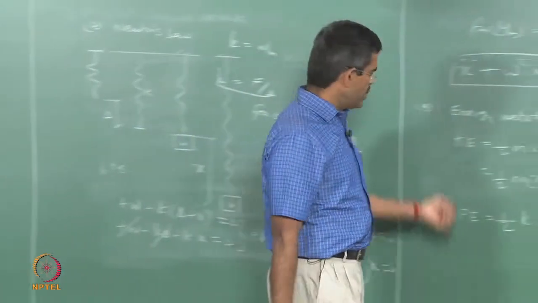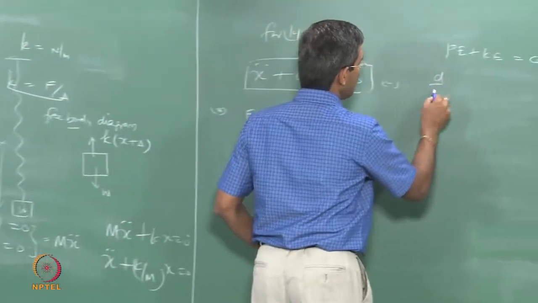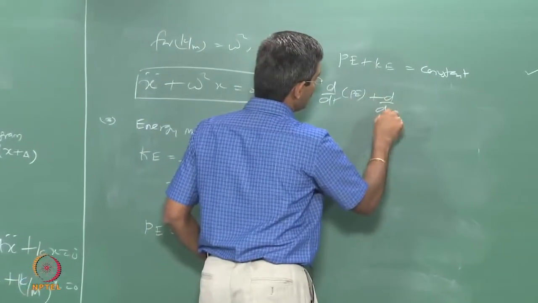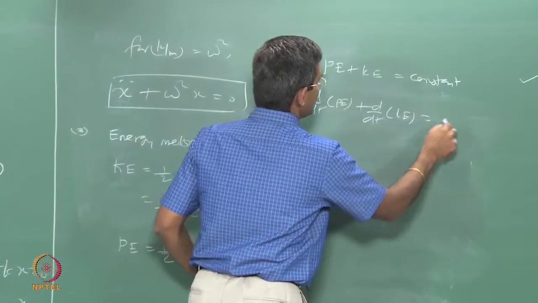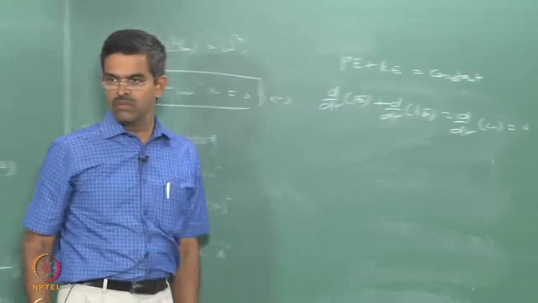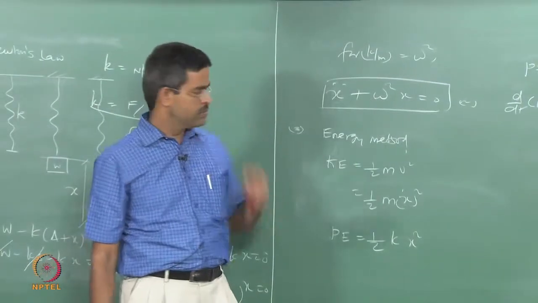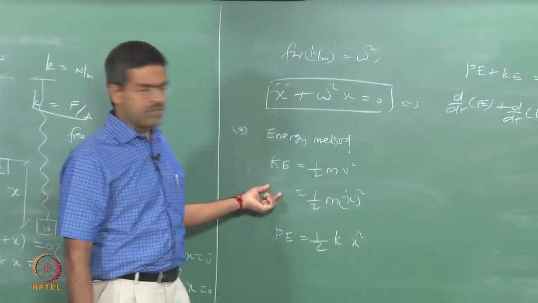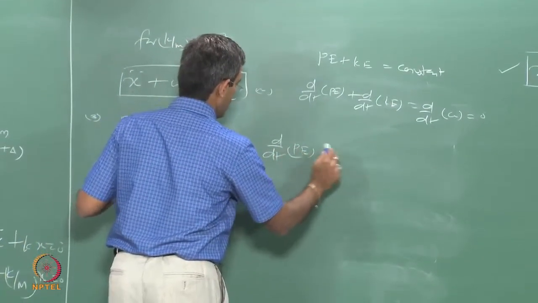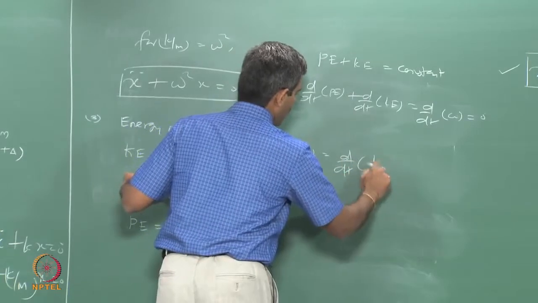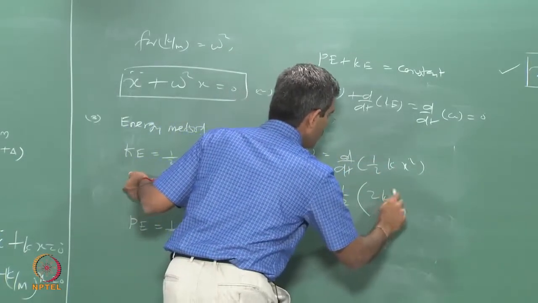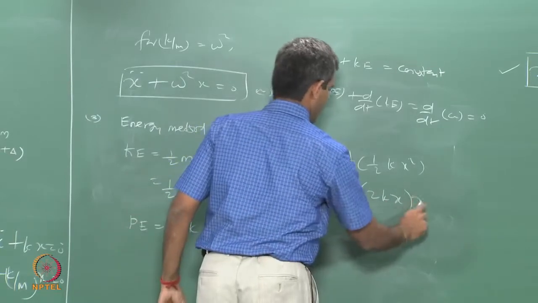So I am going to try to do it in a different manner. I say differential of this plus differential of this is differential of this, which will be 0. So let us say differential of this. So d by dt of potential energy, which is d by dt of half k x square, which is half 2 k x x dot,